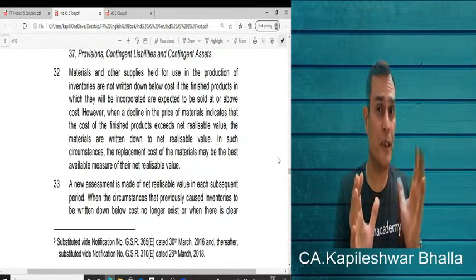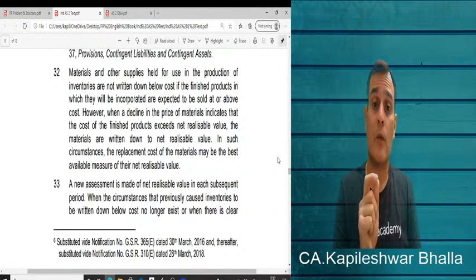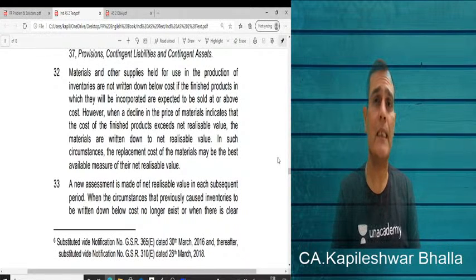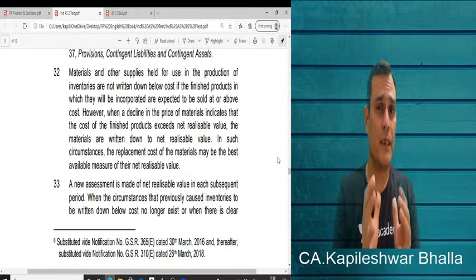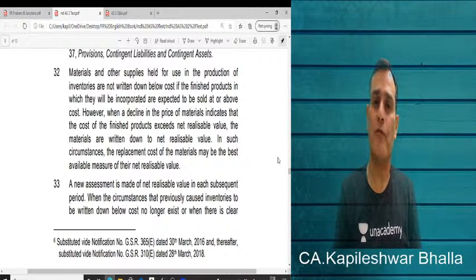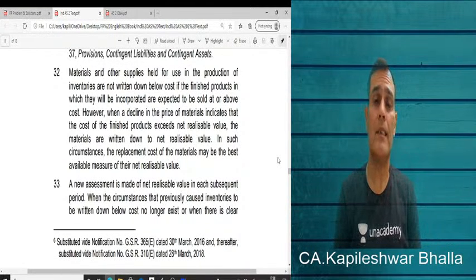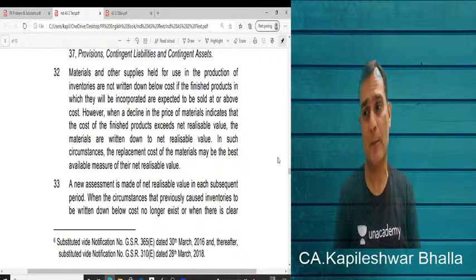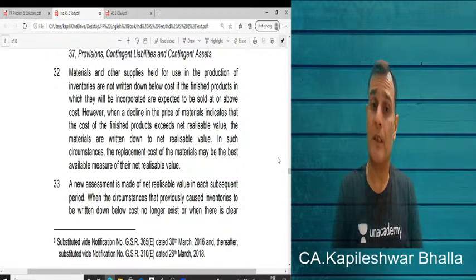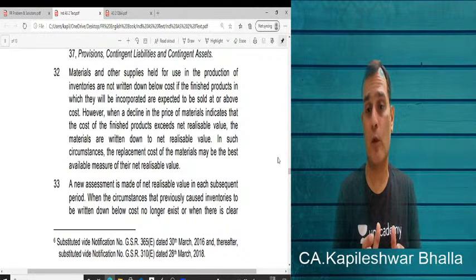Because if the cost of FG is more, then the FG is going to be taken at NRV. Materials are written down to NRV. Which is clearly telling us that if the finished goods is measured at NRV, the raw material will also be written down to NRV. But NRV is computed for items which are sold, and we don't sell material. Material is held for the purpose of being consumed in the production process. So paragraph 32 further adds, in such circumstances, the replacement cost of the material is the best measure available